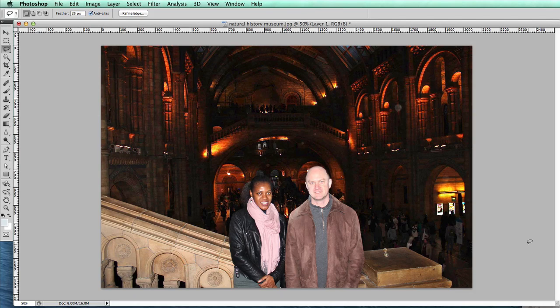So that's how to use a lasso with a feathered edge to lighten certain areas of an image. Now in the next lecture I'll be further improving this image and adjusting the selection, but for now